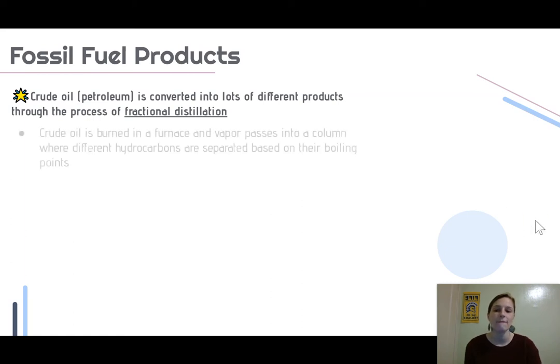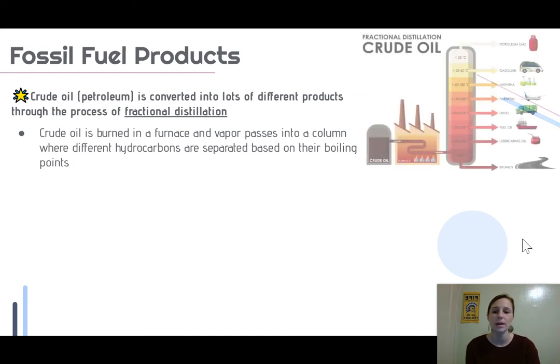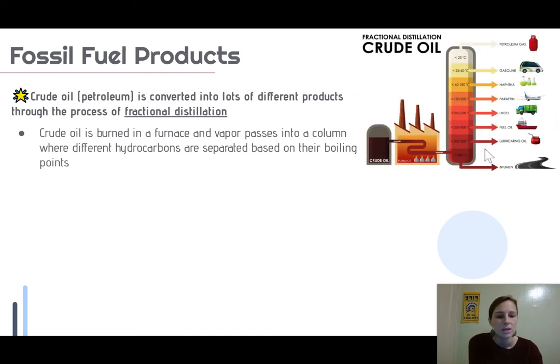through the process of fractional distillation. And this is where you take crude oil and burn it in a furnace. The vapor passes into a column where different hydrocarbons are separated based on their boiling points. So if you look at the different boiling points here, you can kind of separate it in this area, and you've got different uses. Like the one with the highest boiling point